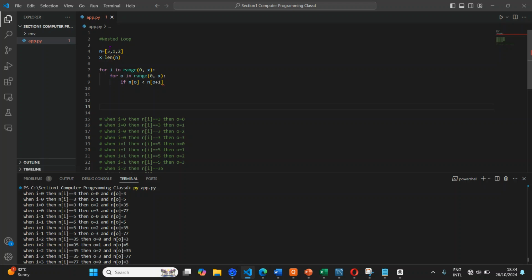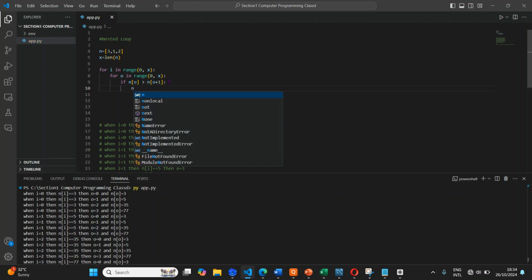So if the value in index 0 is greater than the value in index 0 plus 1. So index 0 plus 1 is this, because o is starting from 0. So it will be 0 plus 1, which will give us this 1 here. So it means that if 3 is greater than 1, since 3 is greater than 1, what we'll do is to swap. So it will now be n of o,